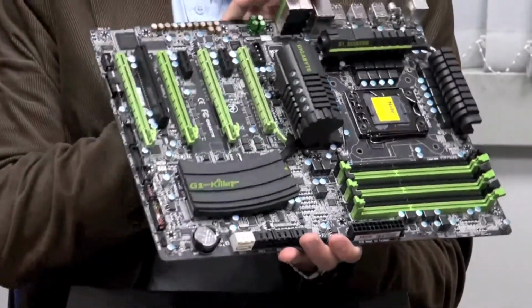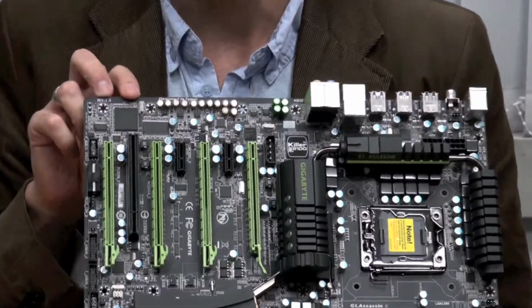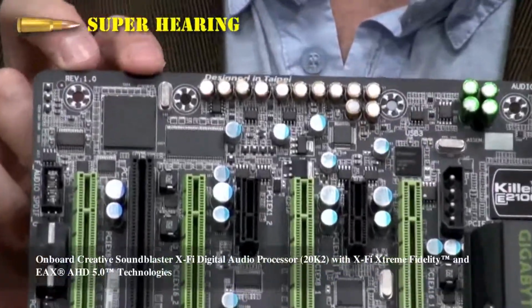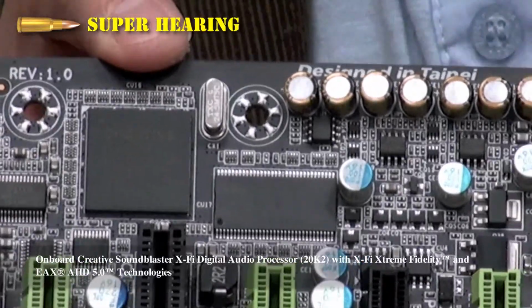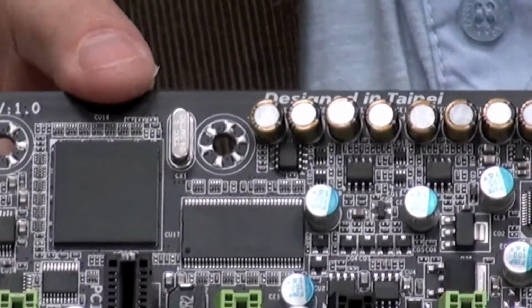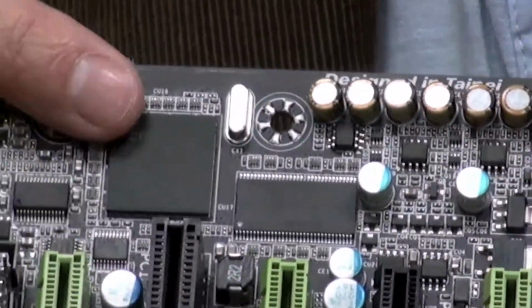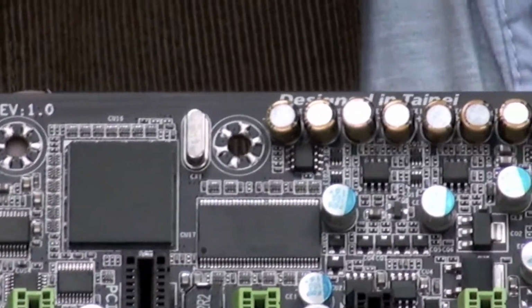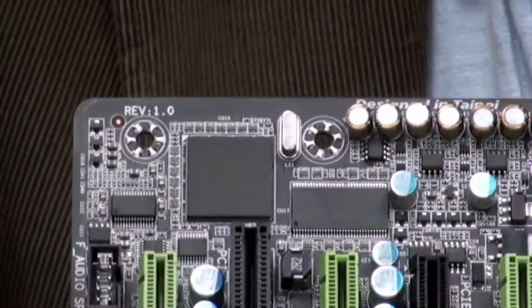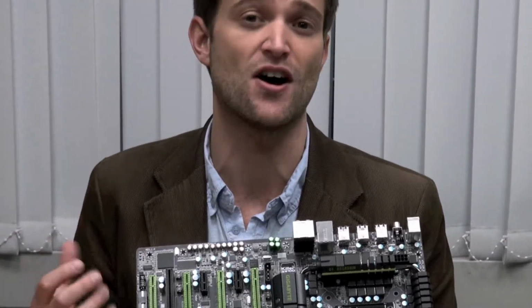So that's graphics. Of course audio is really important to gamers as well. So on board we have the Creative 20K2 audio processor. Now this processor is usually found in Creative's add-in cards. This is their highest end processor that they use. So this motherboard actually is the first motherboard to have this on board. So it comes with its own dedicated memory. It also has its own Creative software suite of technologies that allow you to really get the best audio performance